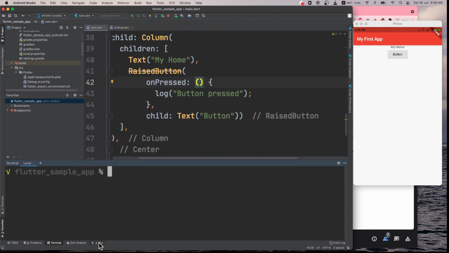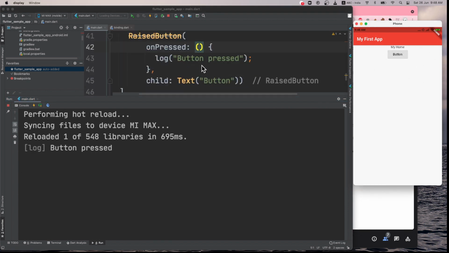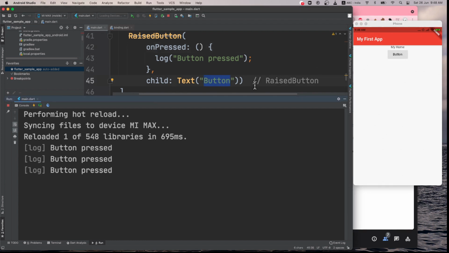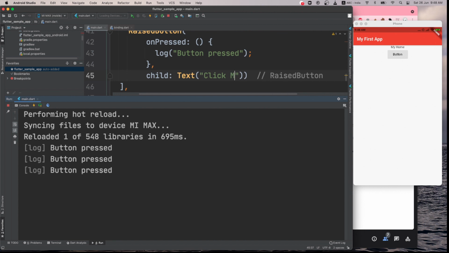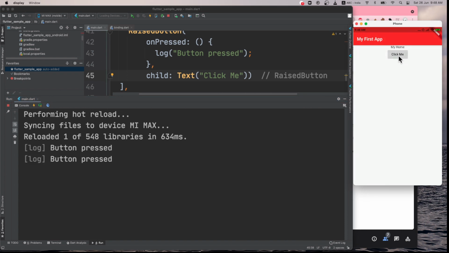And in the run tab, if I click on the button, it will say button pressed because I have written here button pressed. Okay, I can change its name to click me and save it again, and it changed to click me. I click on this like this.